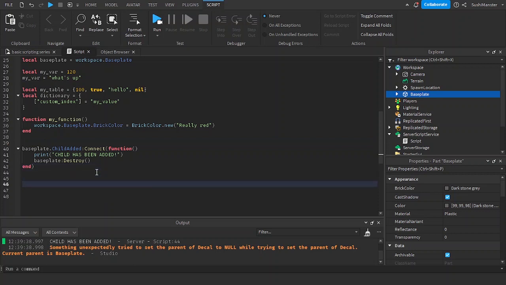Let's create an if statement. So this is how you create an if statement. You write if, then the condition, myvar equals 120, then this code will run. So if the value is 120, this code will run. You need to close this if statement using end, something similar to events and functions. And let's print